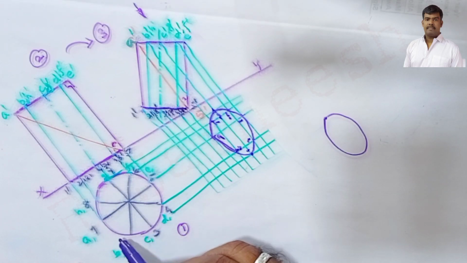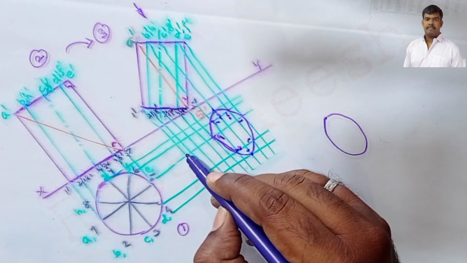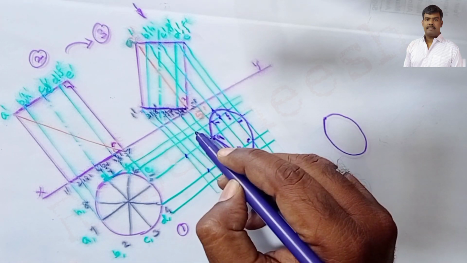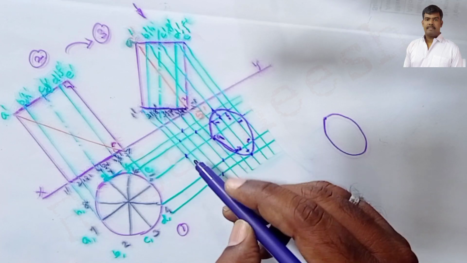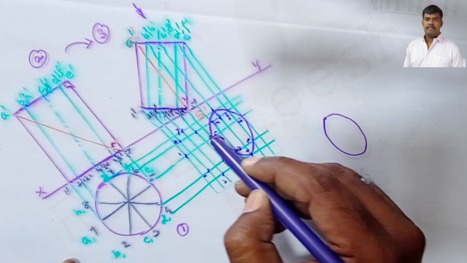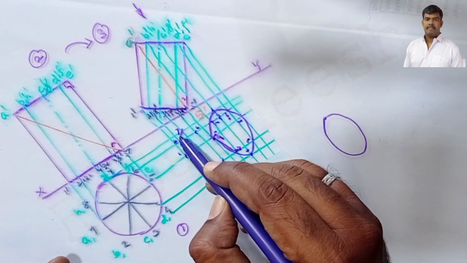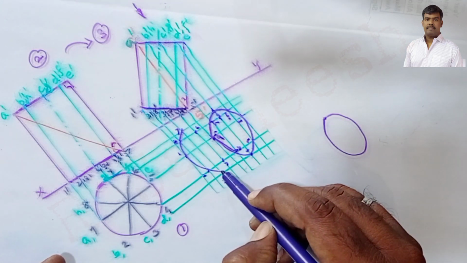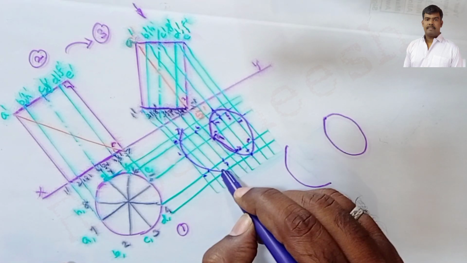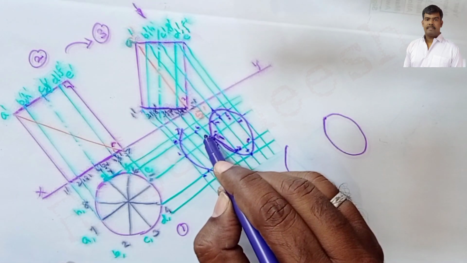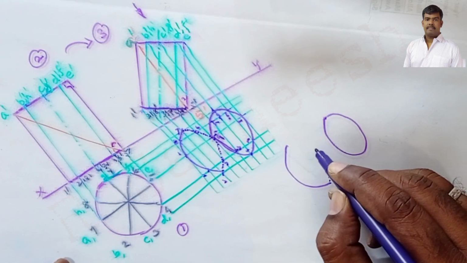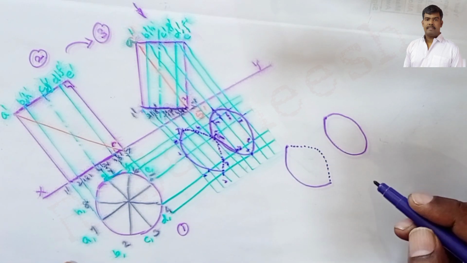to 8, 8 to 1, 1 to 2, 2 to 3. Clear? So first we assign 1 and 1, 2 and 2, 3 and 3, 4 and 4. The A and 5 coincide, 6 and 6, 7 and 7, 8. So here the 7, 8, 1, 2, 3, 4, A comma 5, 6. So 7 to 8, 8 to 1, 1 to 2, 2 to 3 is visible like this, and 3 to 4, 4 to 5, 5 to 6, 6 to 7 invisible. So 3 to 4, 4 to 5, 5 to 6, 6 to 7 are drawn as hidden lines.